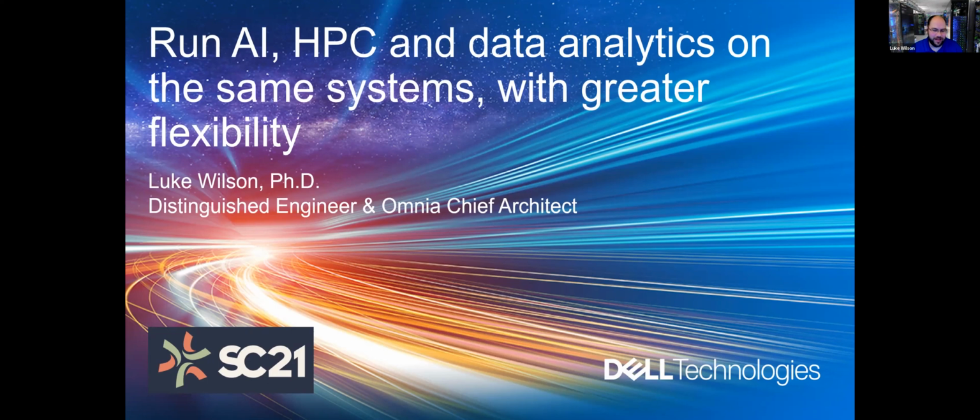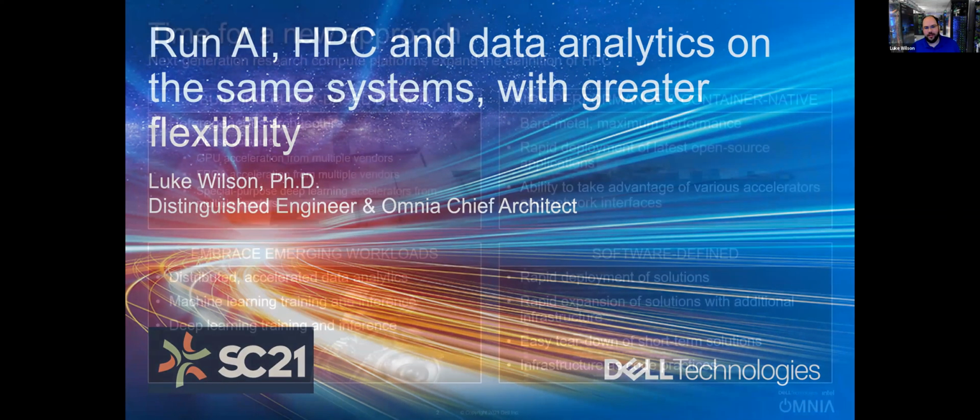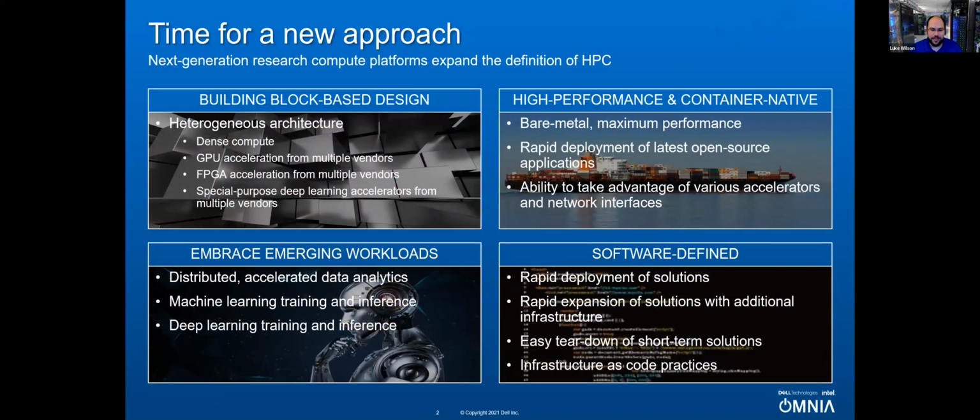All right, so we're going to spend about 15 minutes talking about how we can run AI, HPC, and data analytics all on the same systems with greater flexibility using Omnia. My name is Luke Wilson. I'm a distinguished engineer for high performance computing and artificial intelligence at Dell Technologies. I'm the Omnia chief architect. Omnia itself is a new method for deploying high performance computing systems for artificial intelligence, simulation modeling, and